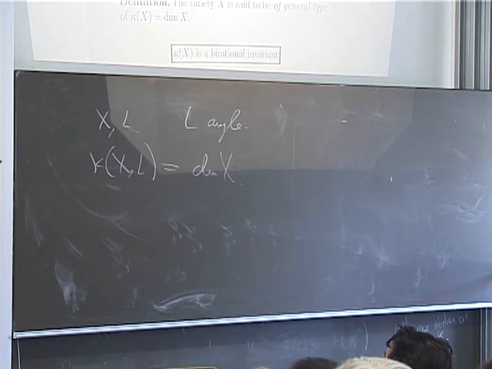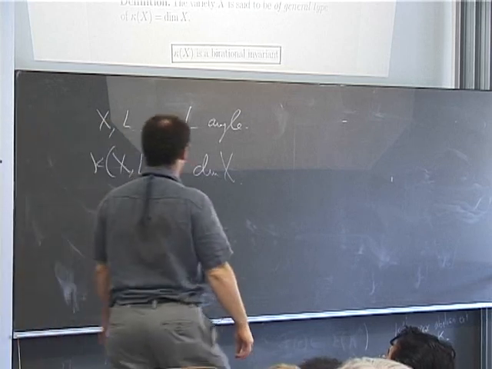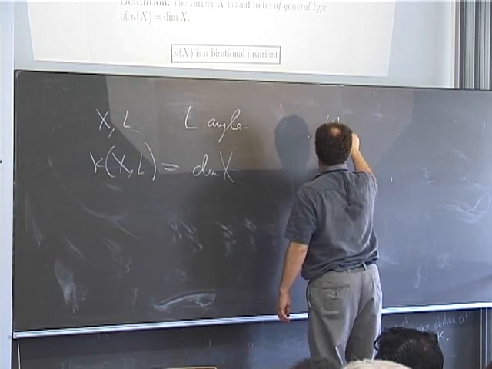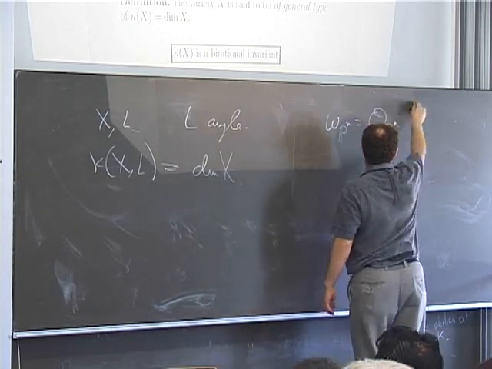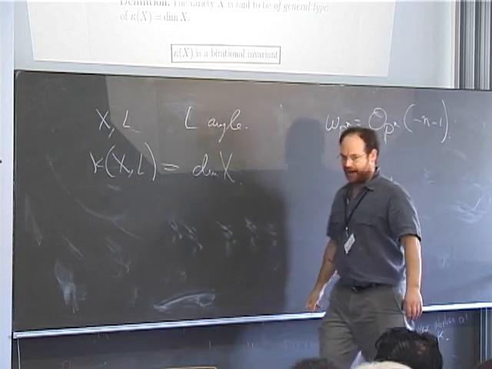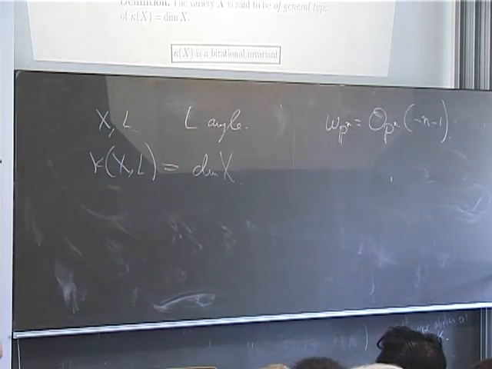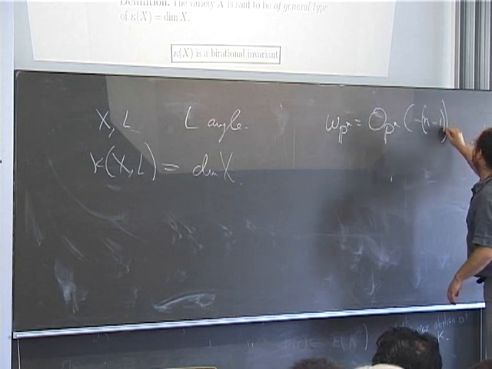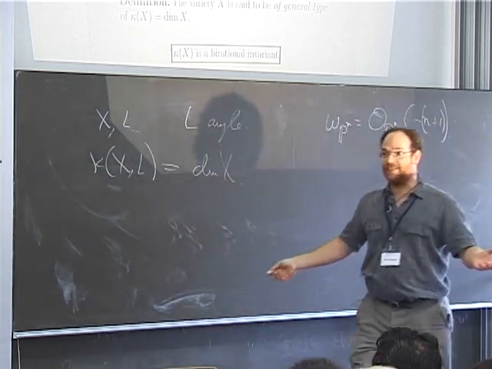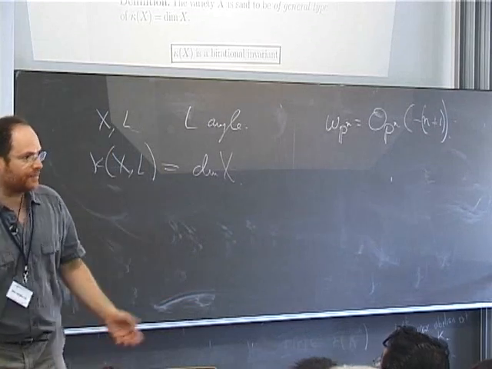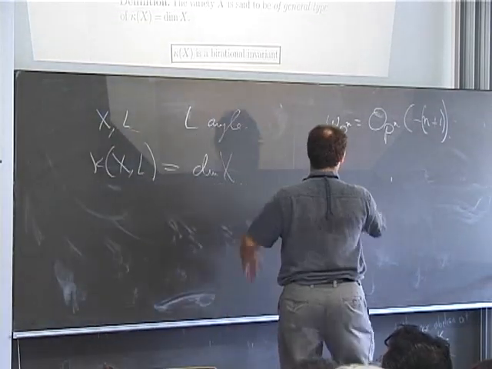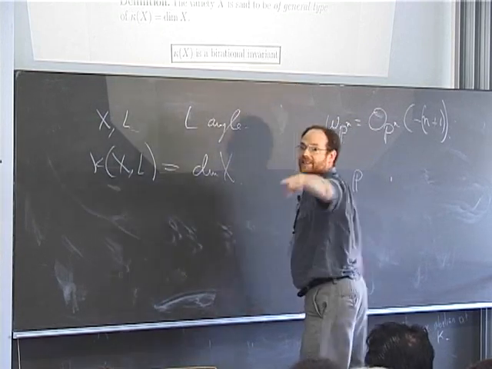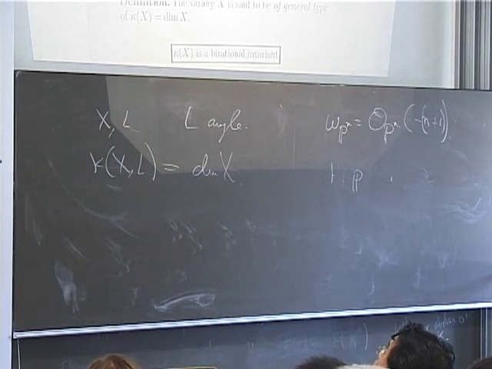So let's look at a couple of examples. What do we have with Pn? Well, what is omega of Pn? That's a formula that you have in Hartshorne, which says that omega Pn is O of minus n minus 1, or maybe I should write minus n plus 1. So since it's negative, there are no sections, and no power of it will have sections. So there are no sections at all for positive n. So the Kodaira dimension of Pn is minus infinity.